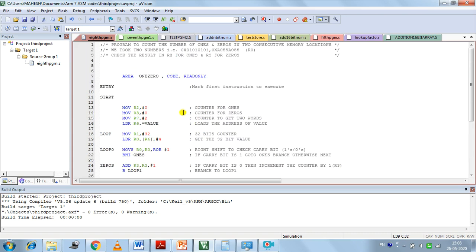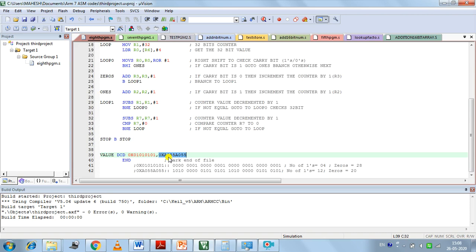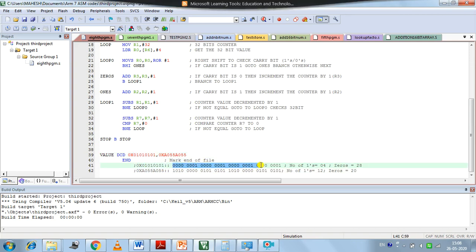The program is to count the number of ones and zeros in these 32-bit numbers. If you consider 01010101, you can write it in 32-bit format.